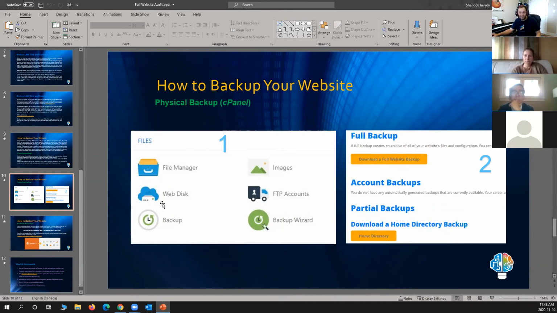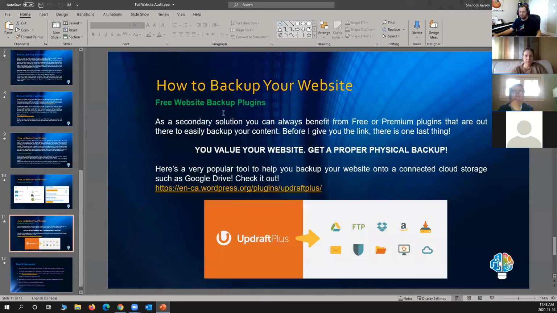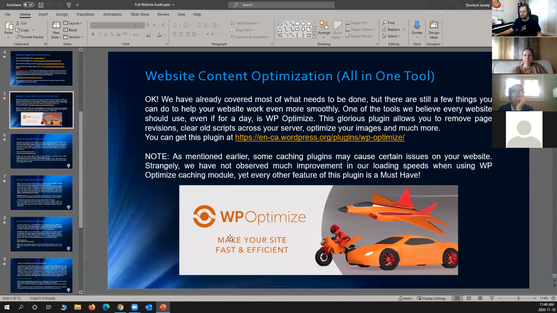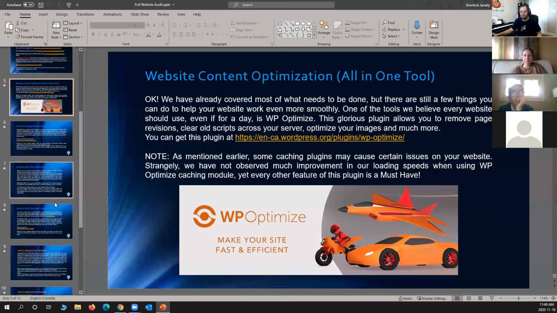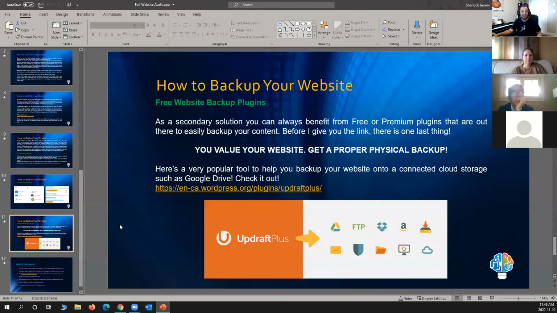Too much work? Too difficult? Sure, there's a plugin. When there is a will, there's a plugin. There's a free plugin called Updraft Plus. It's from the same company that created WP Optimize. I love these guys. The same people who created this, they created this as well. And again, I am not their affiliate. I repeat, I swear to God, I'm not their affiliate yet. Anyway,